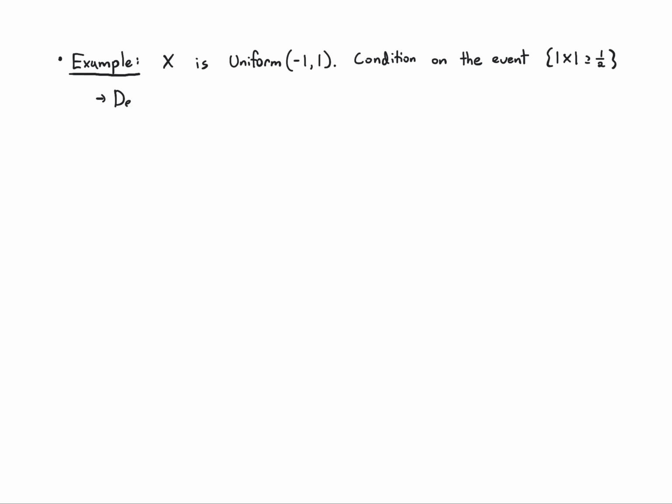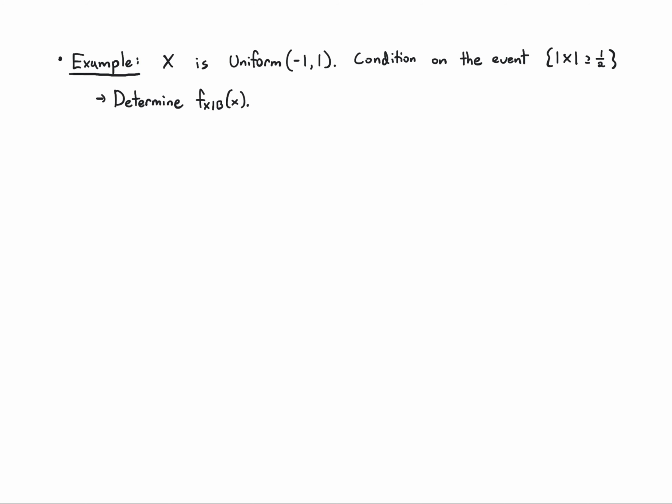So we're going to just take a uniform distribution. In this case, we're going to say x is uniform over minus 1, 1. All right, and I'm going to condition on the event that the absolute value of x is greater than or equal to a half. Okay, that's my event. So here's the first thing that I want to do. What is the conditional PDF? Well,